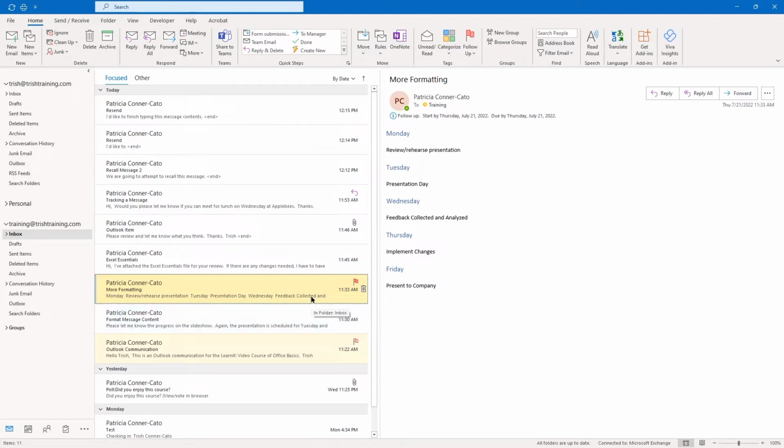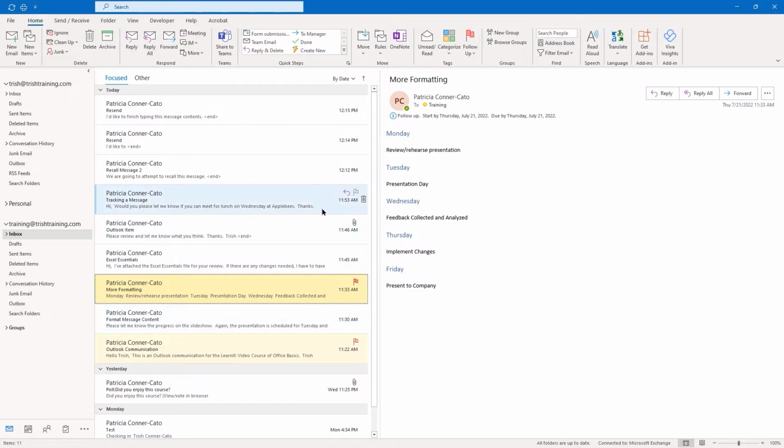So one of the things I want to introduce here that will make it easier for you to find your flagged messages. And I'm going to kind of add this to the course. We're going to talk about search folders in a little while, and it'll be a great way for you to be able to get to all of your flagged messages quickly. So hold that thought.